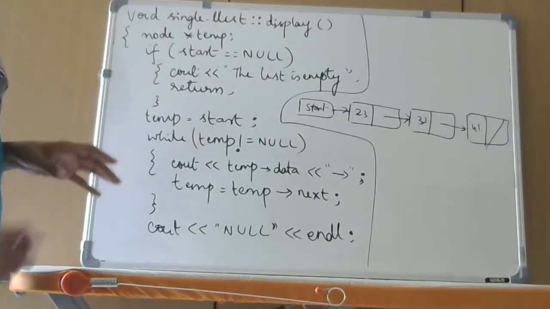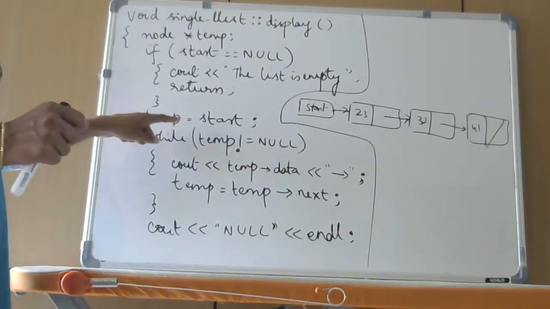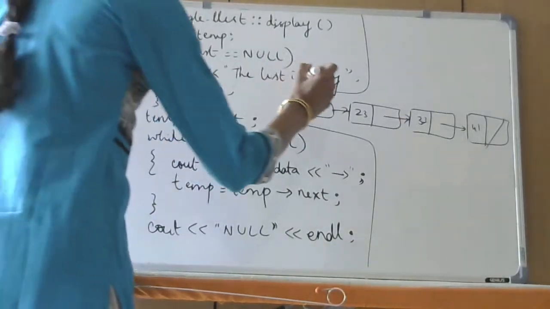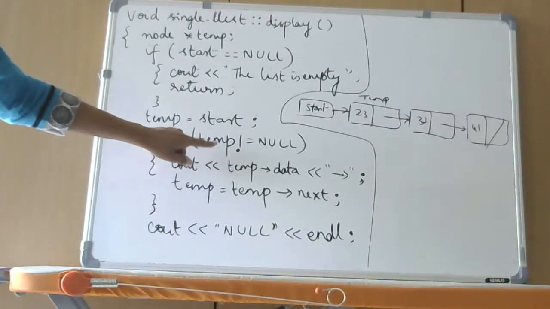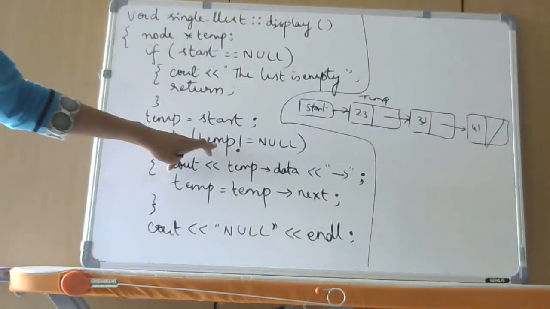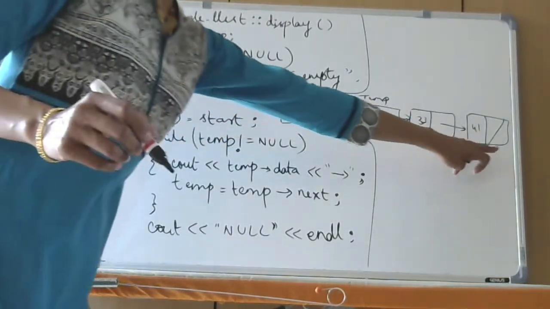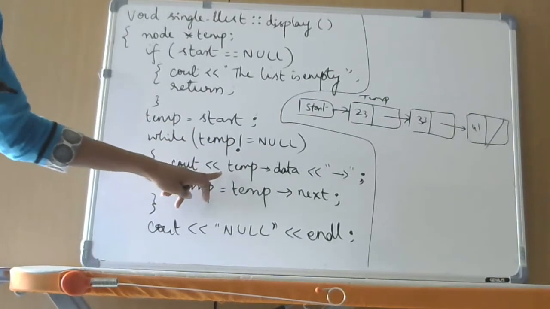The next condition is there are some elements in the list, so we want to display that. So I will take a pointer variable temp. Temp is equal to start. That means I am going to start at this location. I have to go on displaying each one of them. Correct? So while temp is not equal to null. That's why we are checking, because we have to go up to the last node. Right? So while it is not null, cout